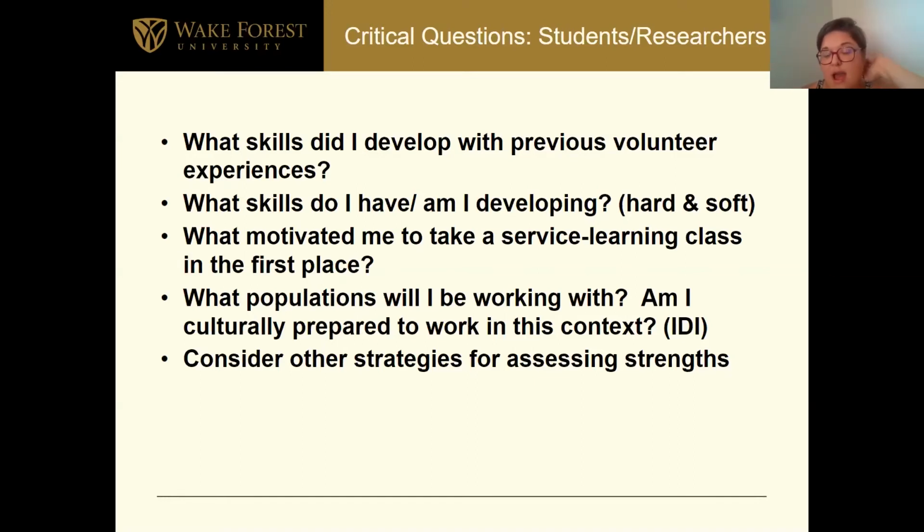And so I have the IDI listed here because that is one framework that you can use to basically map your own identity, your own racial identity and cultural identity, and your positionality towards others. And that can be helpful in really helping students to reflect on whether or not they're actually prepared to work in the communities that they feel called to work in. And it can also be valuable to us as researchers and faculty and administrators. And then finally,